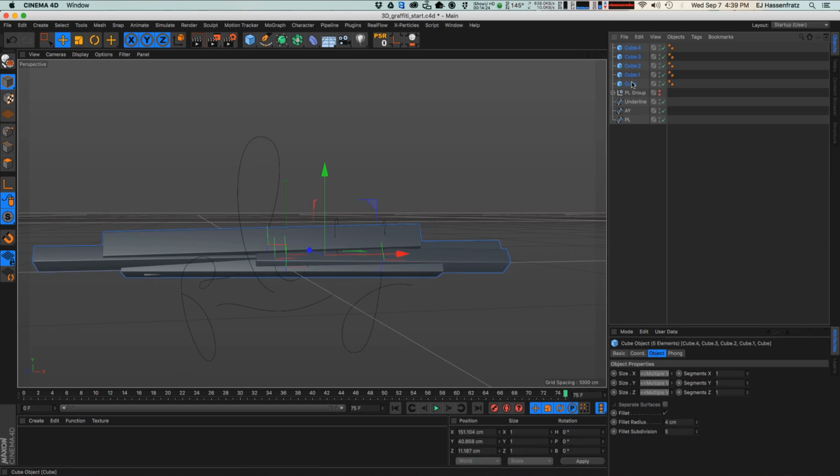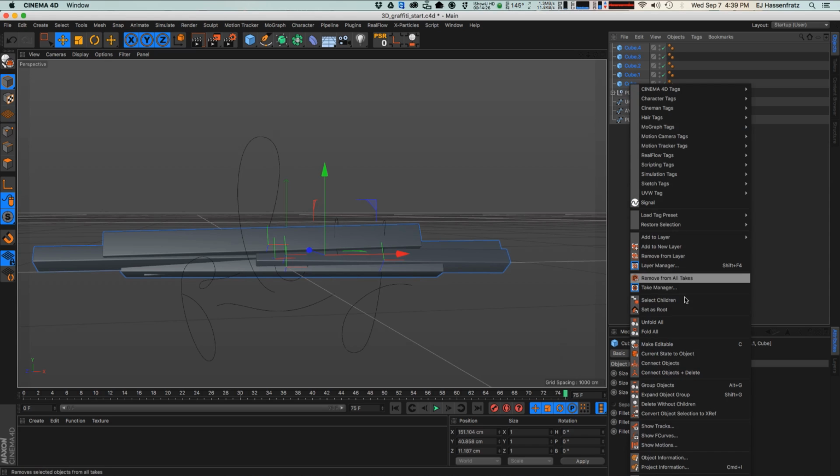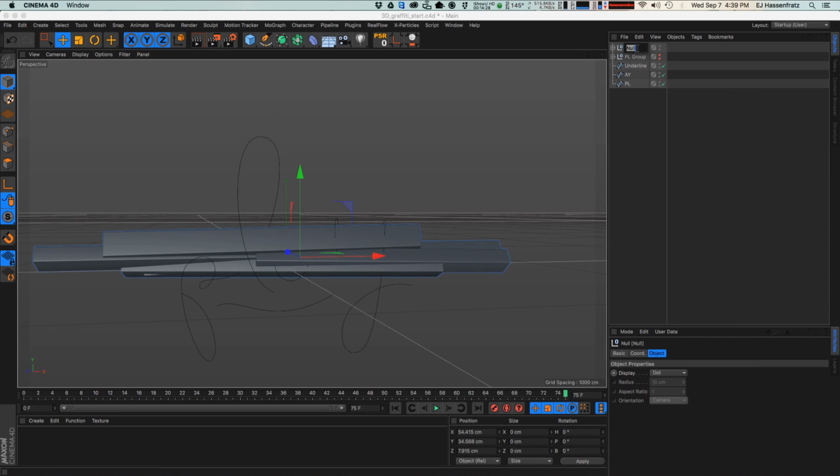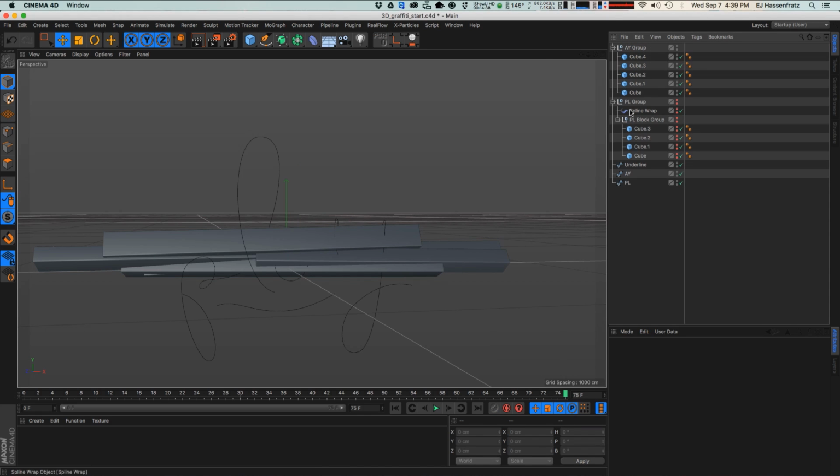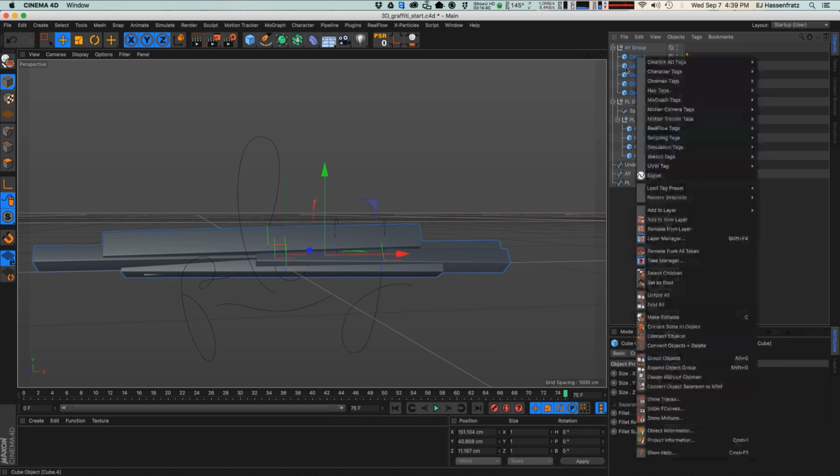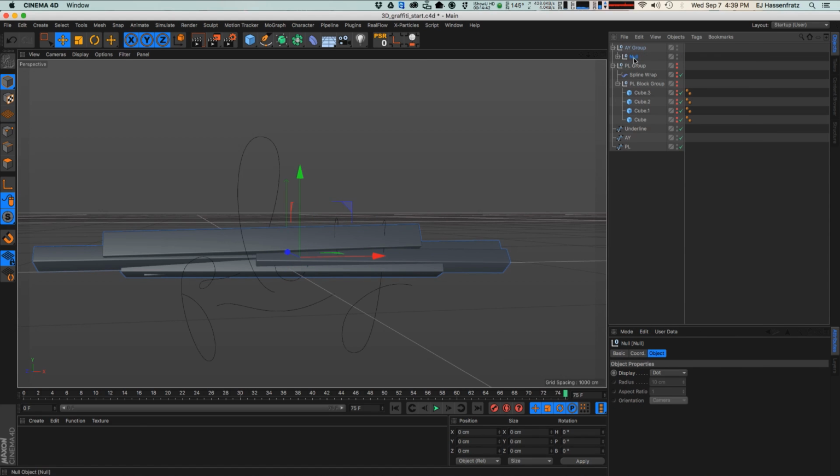And again, we're going to group these together. Group. And this will be the AY group. The A group. And again, we will group these together, and this will be the PL block group. And we'll just go ahead and